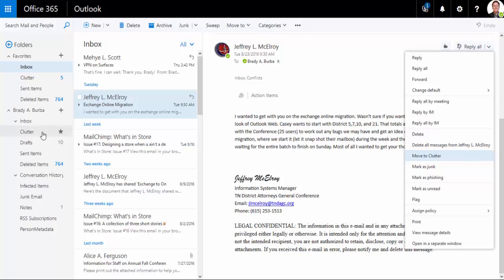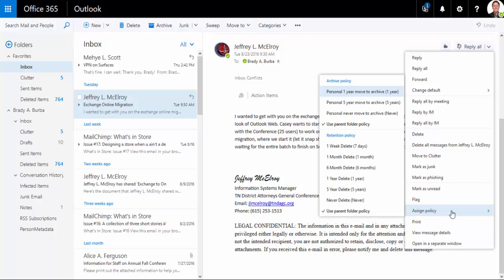Currently you can see that I do have 5 emails in the clutter folder. I can of course mark this item as junk. If I believe that someone is trying to fish information out of me, I can go ahead and mark it as phishing and put an alert with that. I can mark it as unread. I can also flag it. I can also assign a policy to it, meaning that I can archive it,